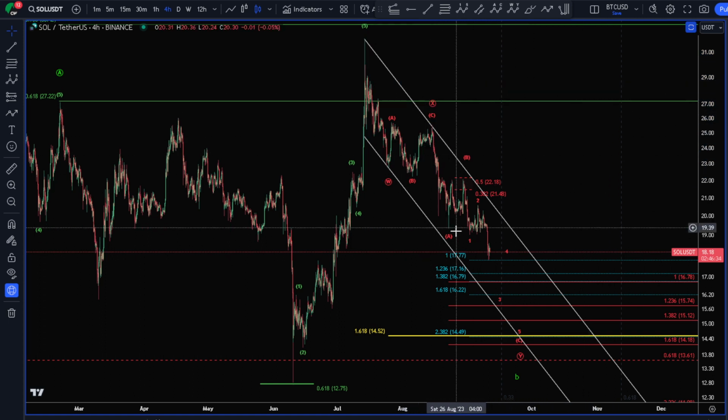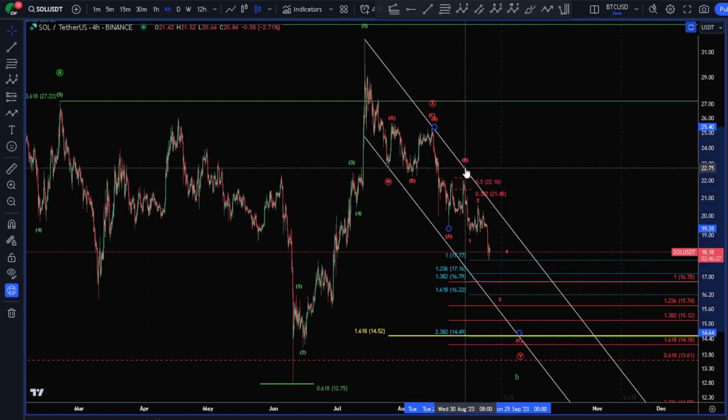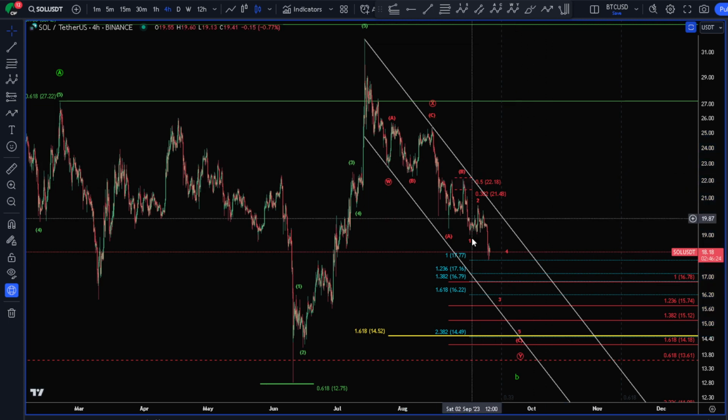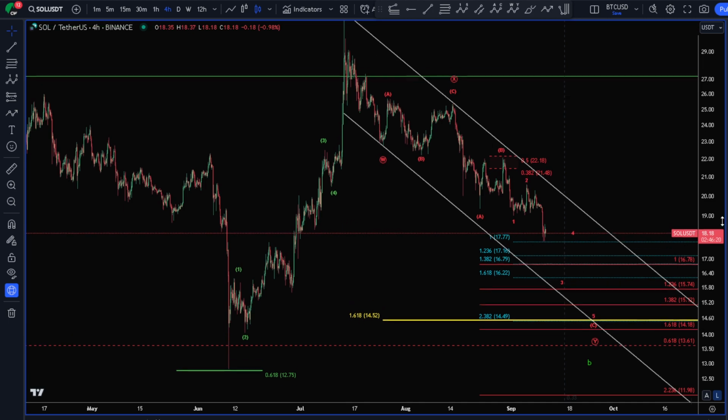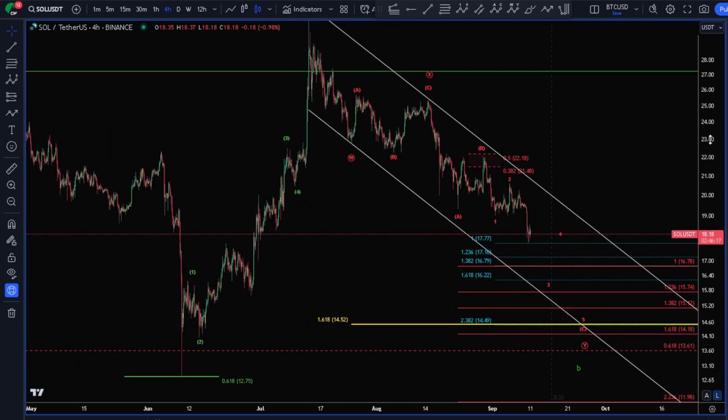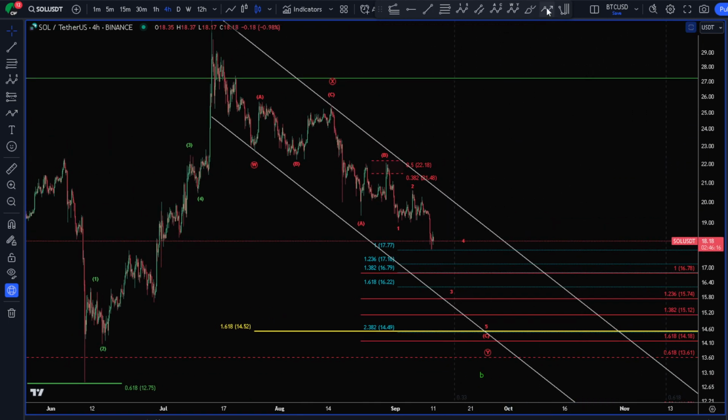So coming off our A leg in 5 waves, we had a B wave correction up between the 382 and the 50 for our B wave, and working on 5 waves down for our C wave. So our targets here are 5 waves down off our B. We had a 1 wave down, another 1, 2, working on our 1, 2, 3, 4, 5, expecting to come in around the 1.382 extension there at 1680.